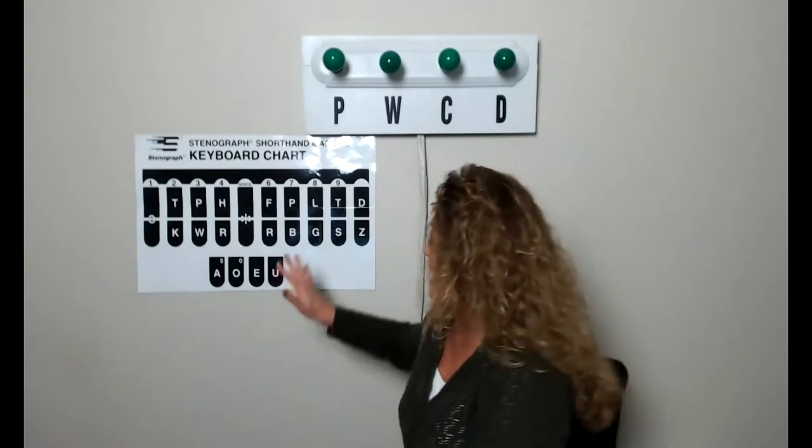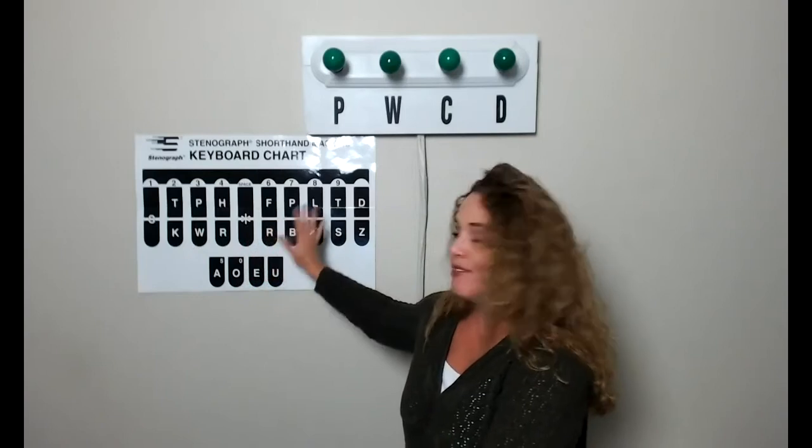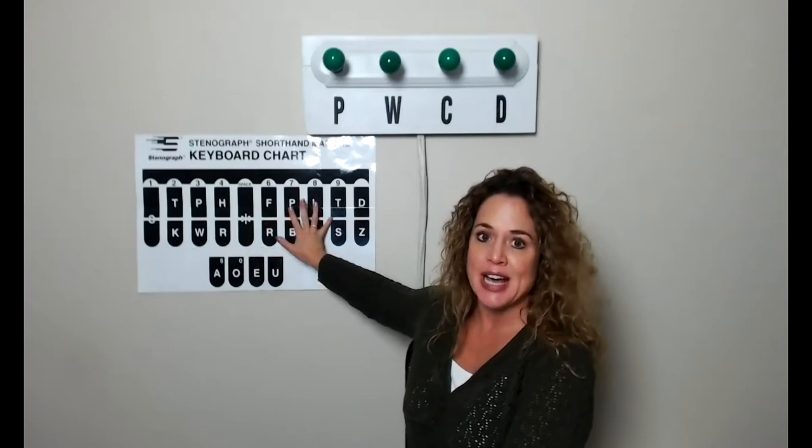Now, if you have Total Eclipse software, the nice thing about that is it's going to recognize if you need an answer sign or witness. So if you've got Total Eclipse, you can just strike the answer sign anytime, even if you need the witness, and it will recognize what one you need and put it in for you. So I'm going to stop right there. If you've got Total Eclipse, then you don't have to worry about signing in witness, because it's going to do it for you. All you need to do is sign in the answer, the FRPBLGTS, okay?